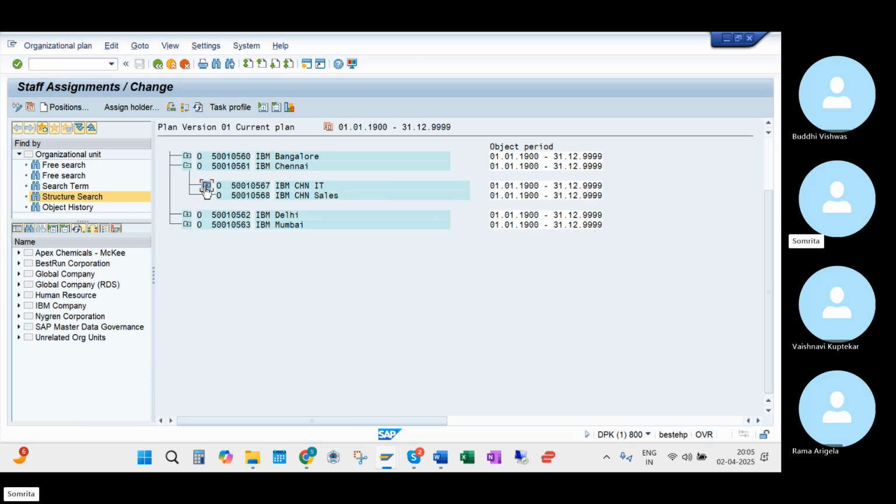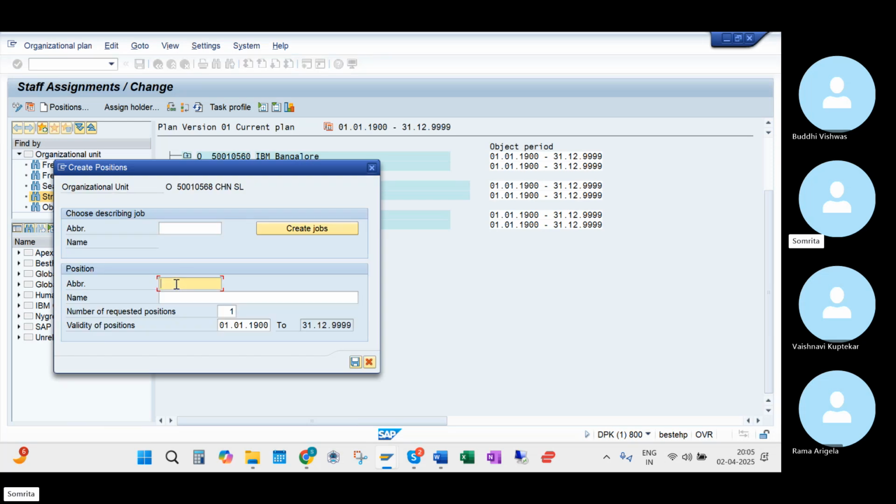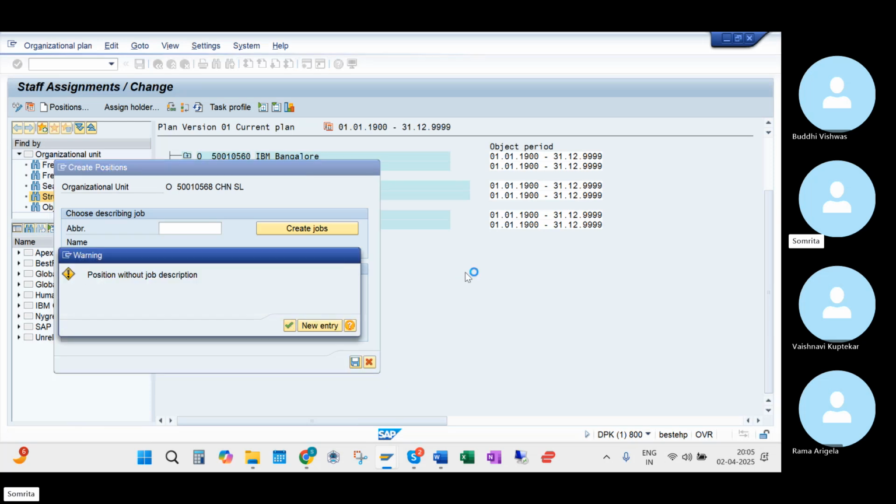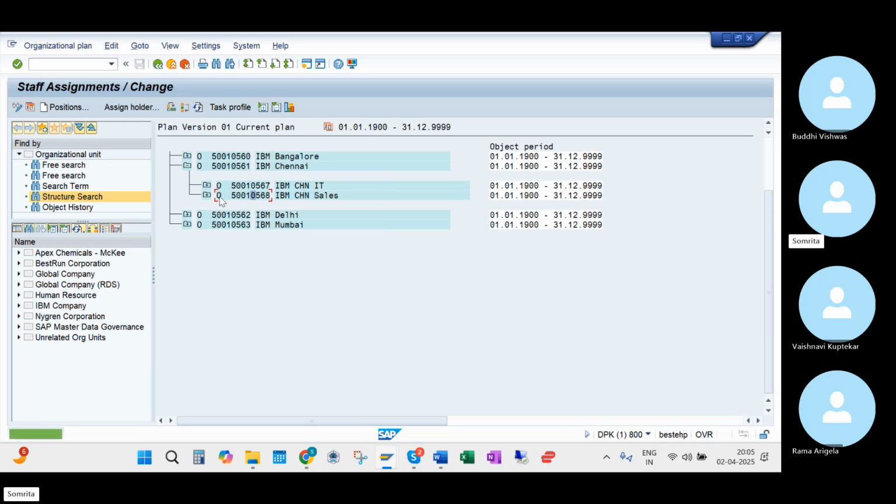Next, suppose we have Chennai sales. Here I'm creating, let's say, sales distribution manager. Suppose this is the context we have. Suppose one position I'm taking, save. Fine. And let's say some